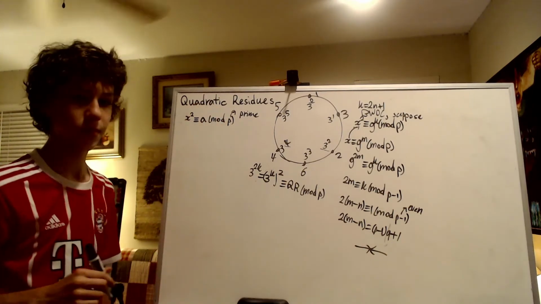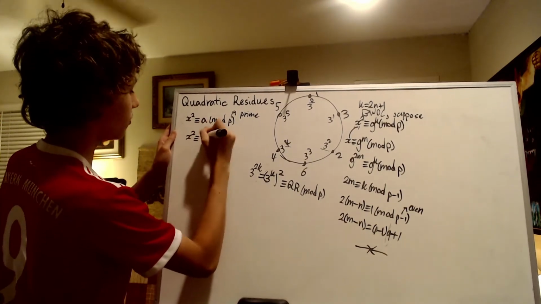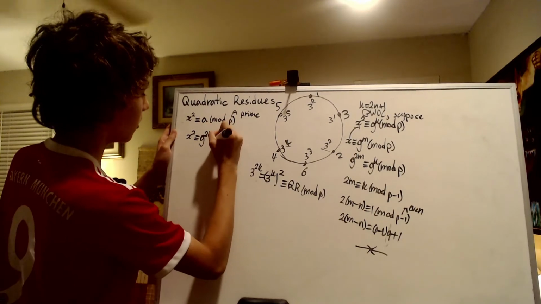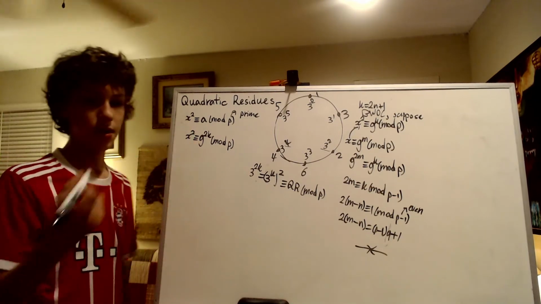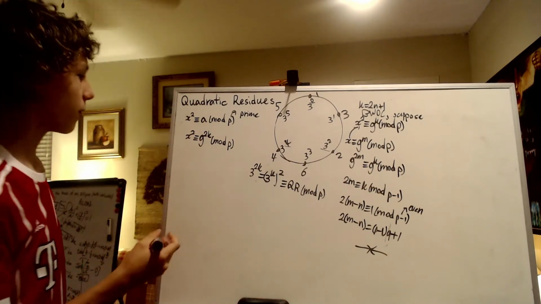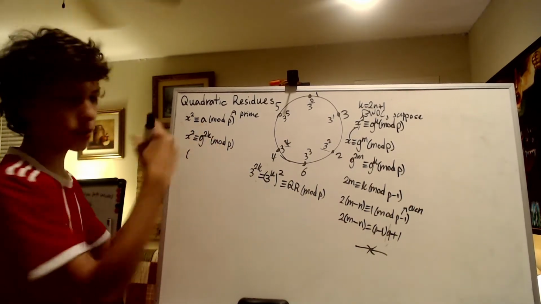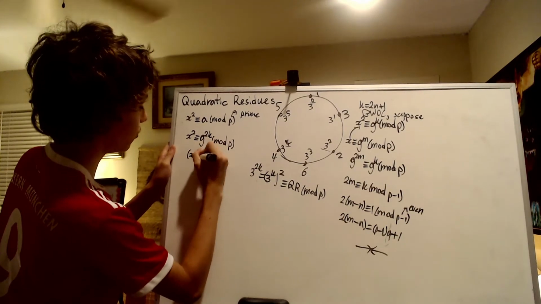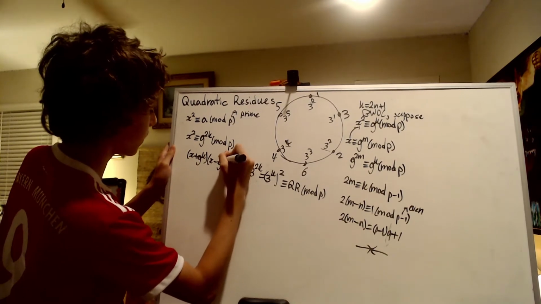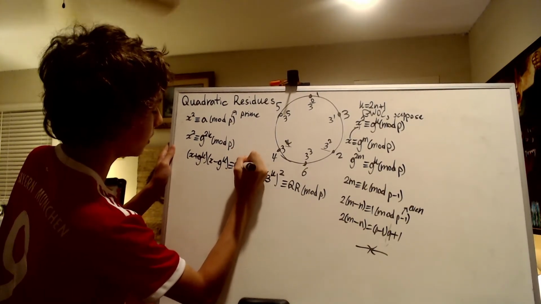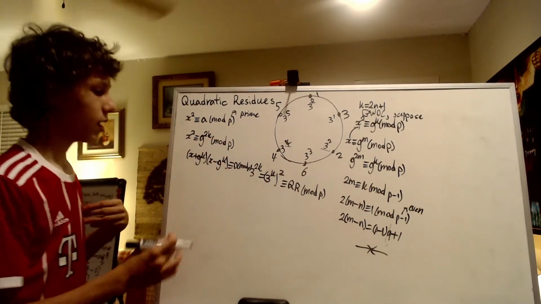And to prove that, if we have x squared is congruent to g to the 2k mod p, since a is a quadratic residue, it's going to be the primitive root to some even power. If we subtract g to the 2k on both sides and use difference of squares, we have x plus g to the k times x minus g to the k is congruent to 0 mod p. And this is where the difference comes in. Since p is prime, we have this nice fact that